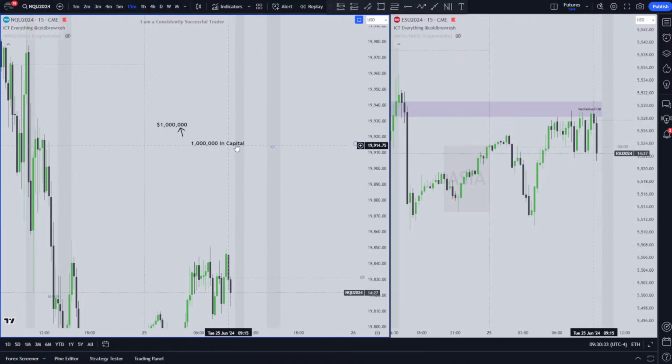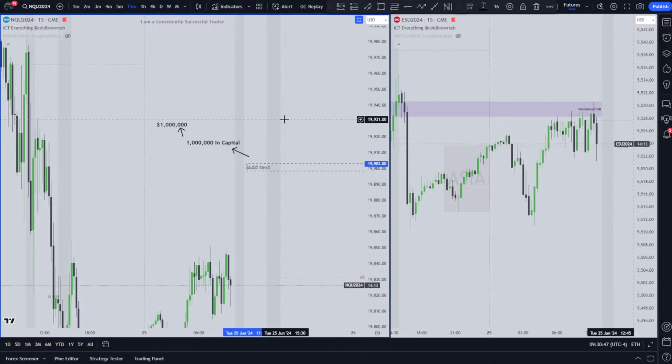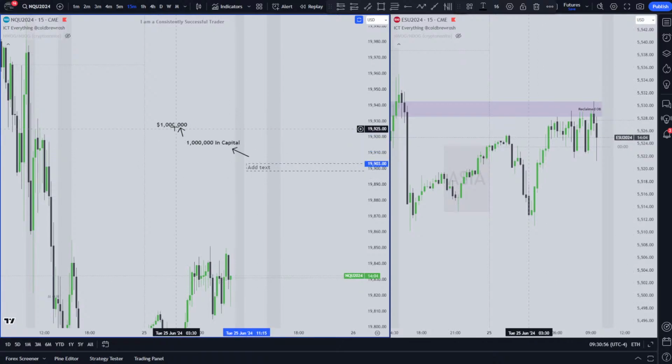So now, how do you get 1 million in capital? And you're gonna see, this is basic, this is what I did for myself. The end result is always the same. The original start point is a percentage return. So once you know, what would you want to know first? If you knew you needed to make 1 million in capital, would you need to know how much capital you'd need or your percentage return?